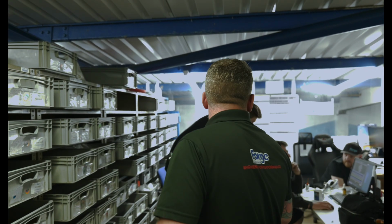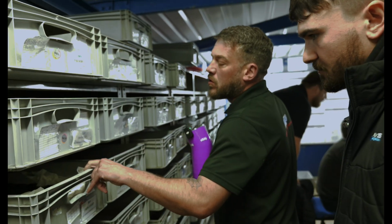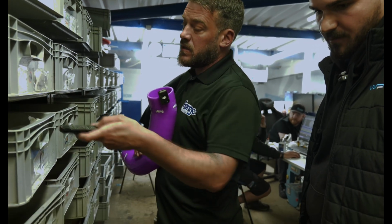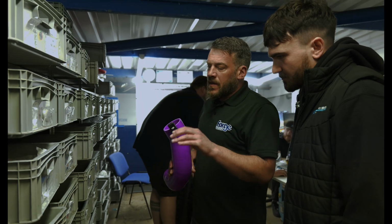So everything that's been machined has now come upstairs to component form, basically where the kits are built. So it's all the raw components. That one there is going to be for the PCV delete. Basically, it's raw component form. Then what happens is